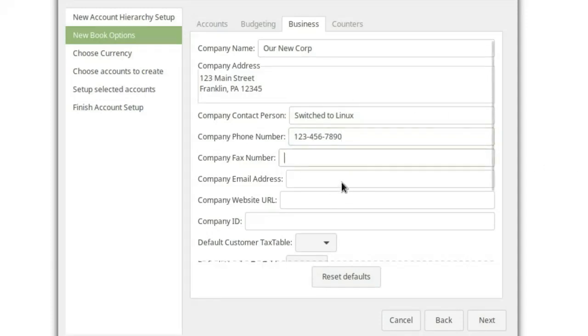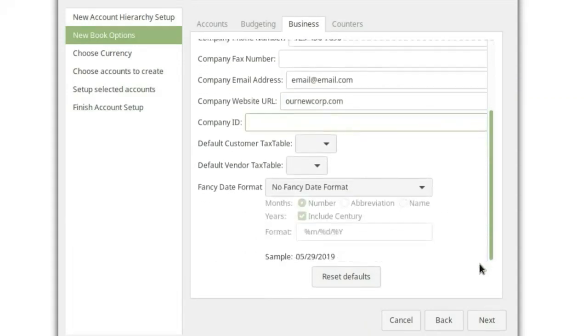Company fax number, if you have one. What's our email address? email@email.com is my email address, of course. Website. We're going to call this ournewcorp.com, and we don't really need a company ID. Tax tables,